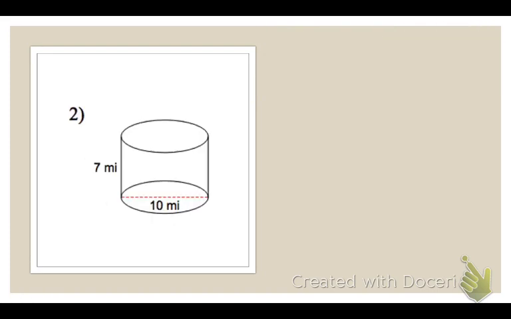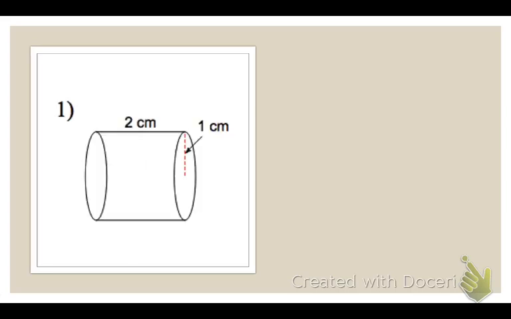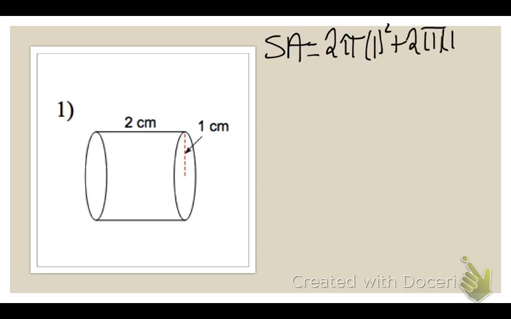Oh my, that's not what I meant to do at all. Alright, let's go back. So we had surface area equals 2 pi 1 squared plus 2 pi times 1 times